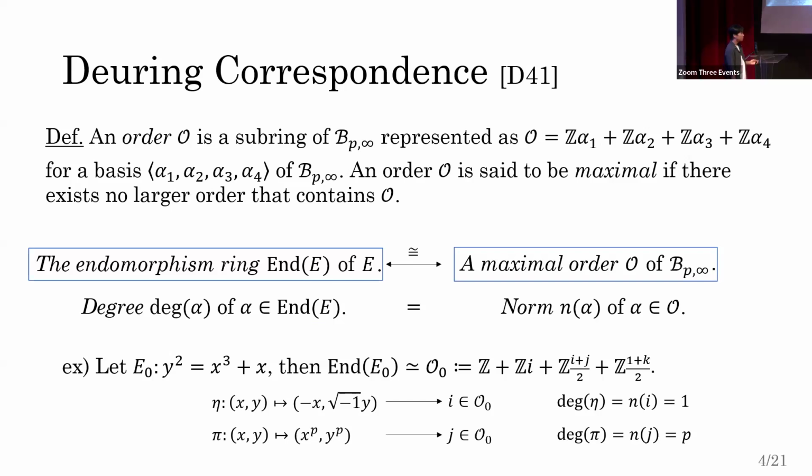So here is an important example. Let E0 be the curve of this form. Then the endomorphism ring of E0 is isomorphic to this maximal order. In addition, the map eta corresponds to the element I, and the Frobenius map corresponds to J. From now on, I denote these curves by